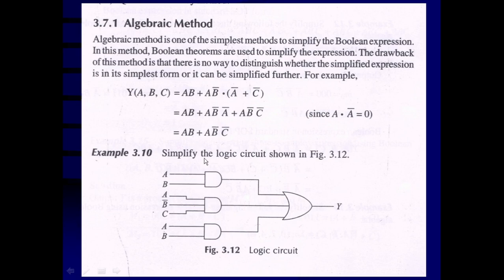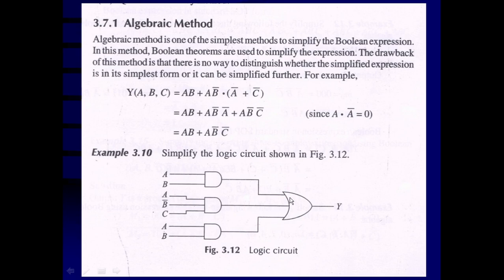For another AND gate, there will be three inputs: A, B bar and C bar are required. This gate is now not required. That means the circuit becomes simpler. Only two gates will be there, and the output will be an OR of the two inputs. So here also the OR gate is reduced from 3 inputs to 2 inputs.